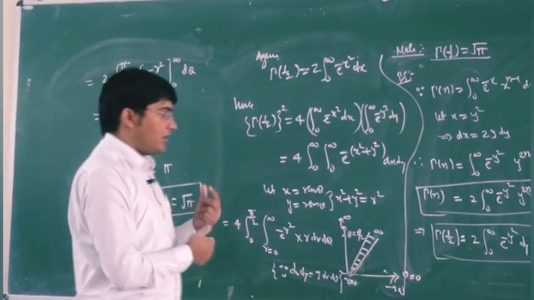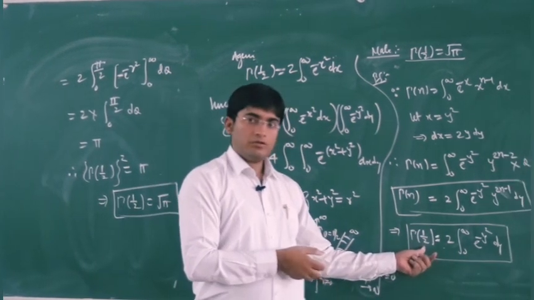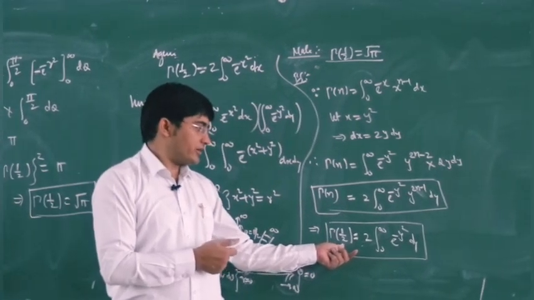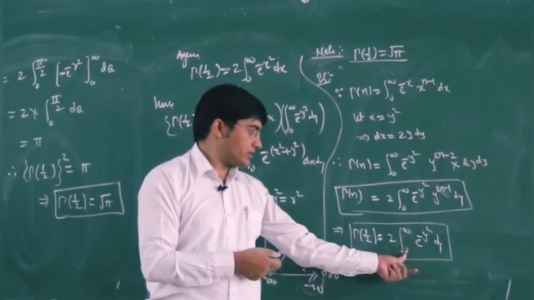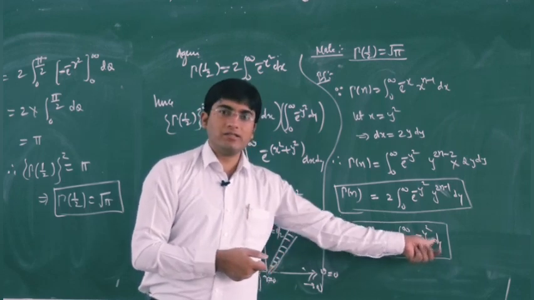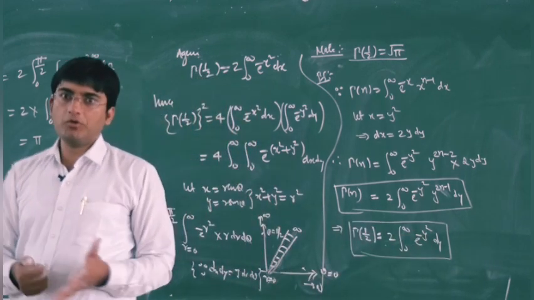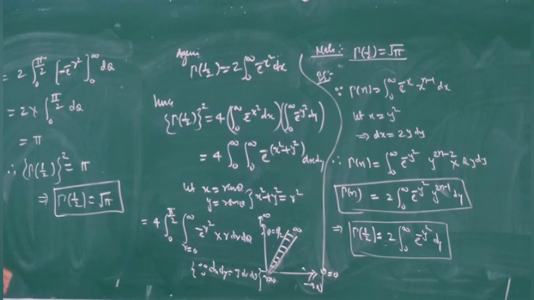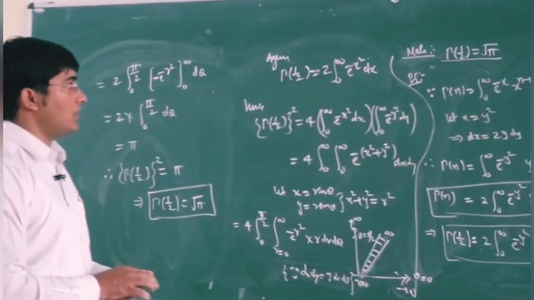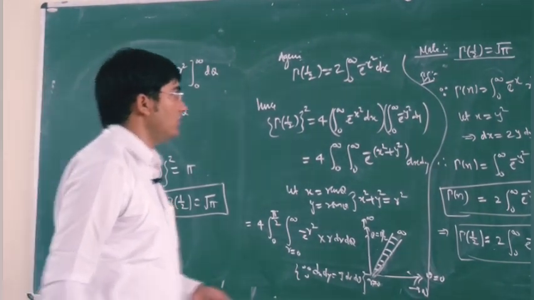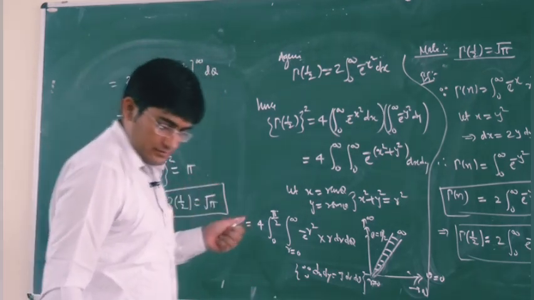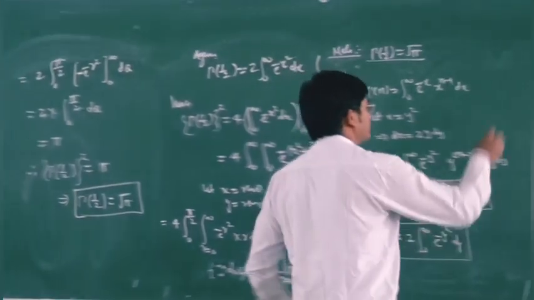And if you put the gamma half here, then we have a very standard integral: integral 0 to infinity e power minus x square dx is equal to root pi upon 2. Okay, this is your value of gamma half. Now let us establish, with the help of